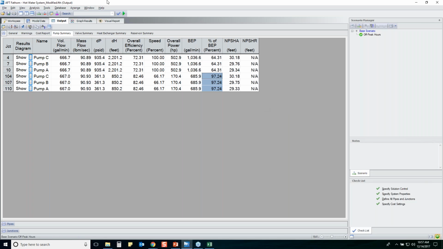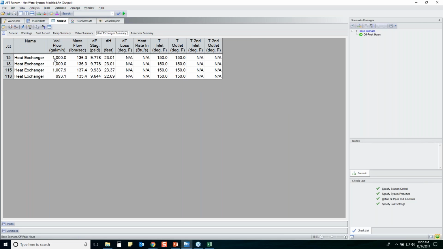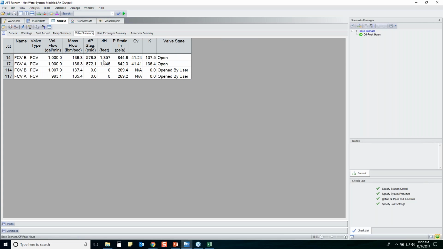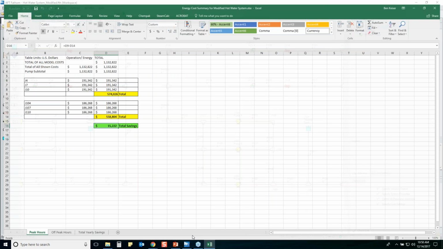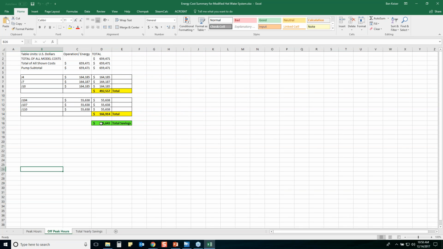If you look at your heat exchanger summary, here's your flow rates through each heat exchanger, right at 1,000 gallons per minute, which is what you need. And then your flow control valves, man, look at this. To get that lower flow rate, your control valves are having to crack down about 570 psi. So to get that lower flow rate, your control valves are just barely open, and that's really wasting so much energy. So when we total up all the costs here, your off-peak hours alone,